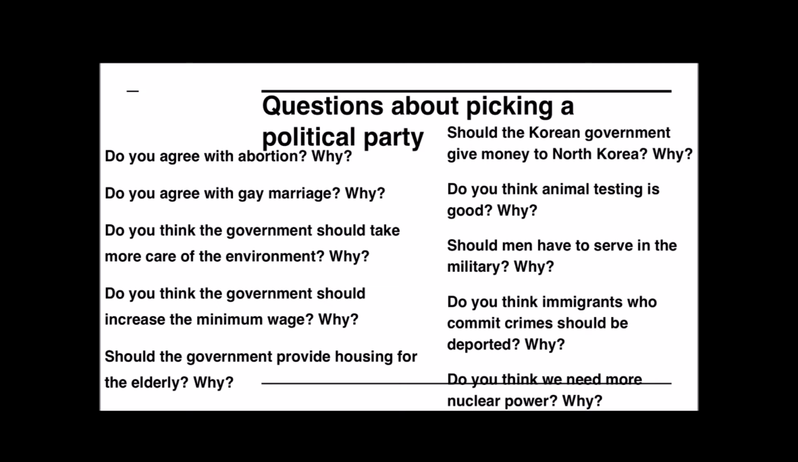So here are some questions about politics that I think would be quite interesting to talk about and discuss. I've not shied away from controversial topics. I want to talk about these a little bit in this slide. So the first question is, do you agree with abortion? This has become a really hot topic lately because in South Korea a lot of women have felt that the abortion laws in Korea discriminate against women,